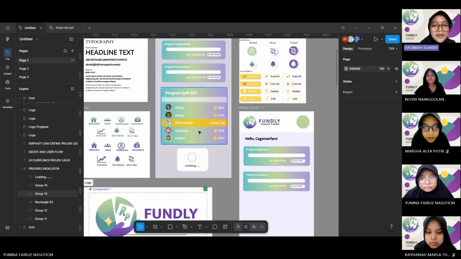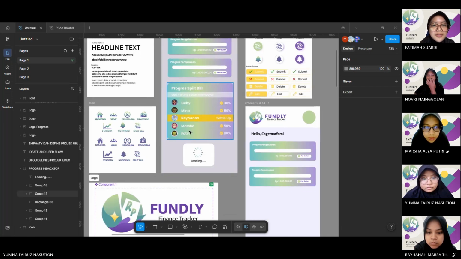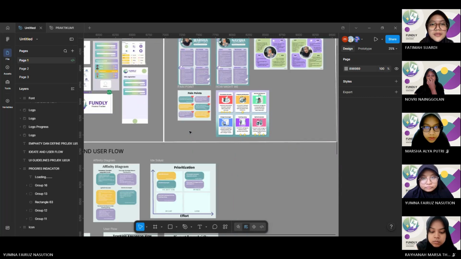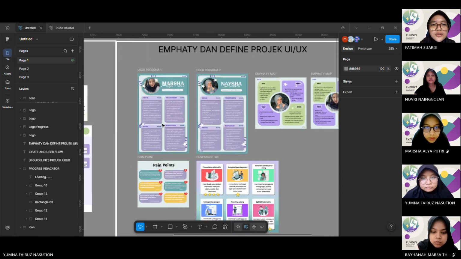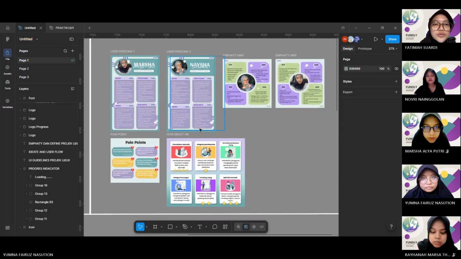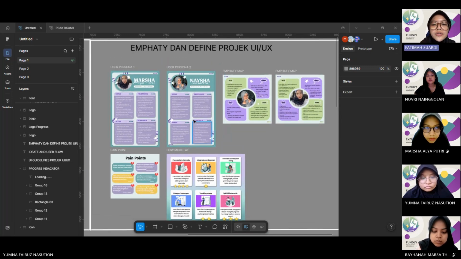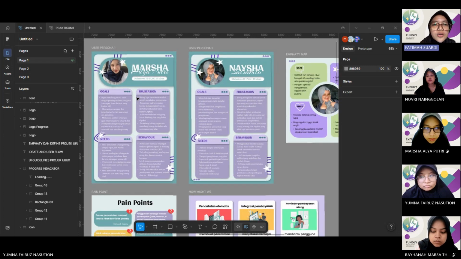During the empathize phase, two user personas were created to represent the target users of the Fundly app: college students who actively manage their personal finances and frequently engage in activities with friends.